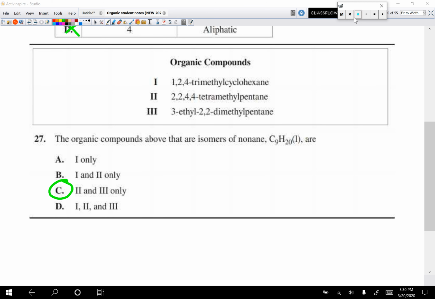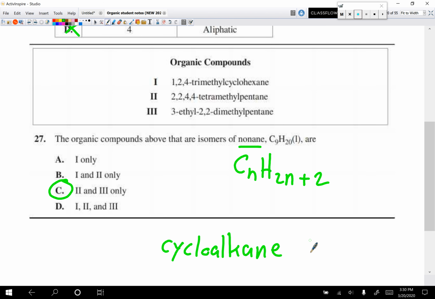This will really help you because remember this formula right here, it is nonane. It's in the formula of CnH2n+2. And all alkanes have this formula. Now, if you remember, cycloalkanes had the formula of